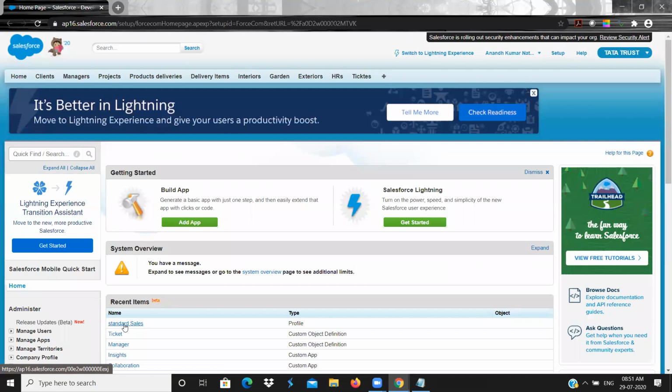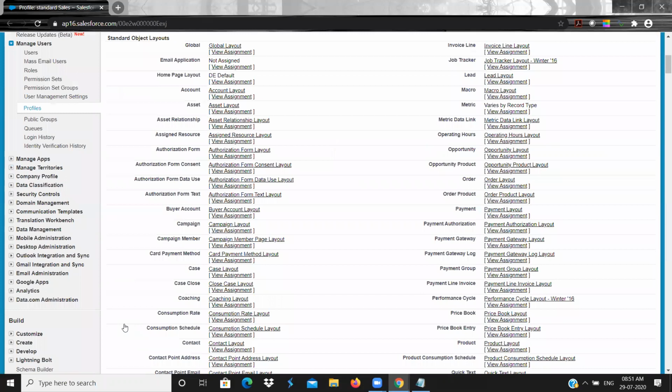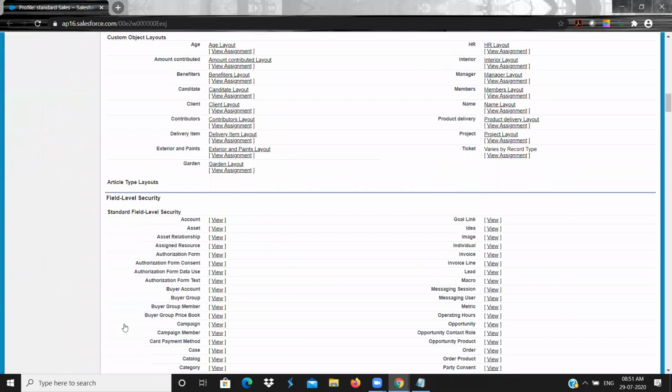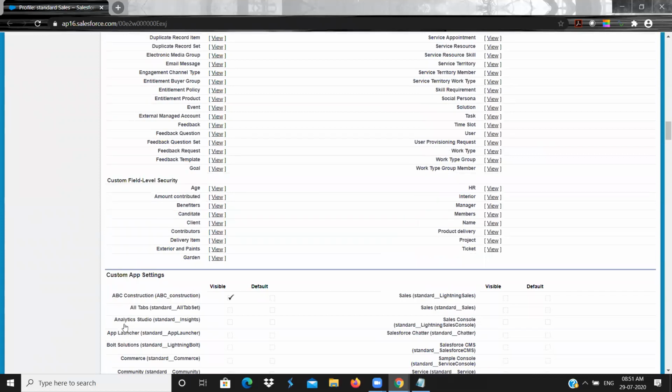Apart from that, you have administrative permissions and the general permissions, which number in the hundreds. You will learn those through your practice. Another important administrative permission is view all and modify all. That is a super permission which bypasses all the existing permissions and provides access. At the object level, you can have read, create, edit, delete access, and based on that access, the buttons will be hidden or visible.